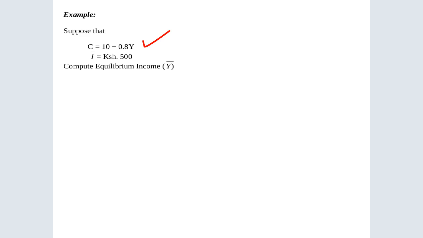The income is simply given by C plus I, investment. So we can compute